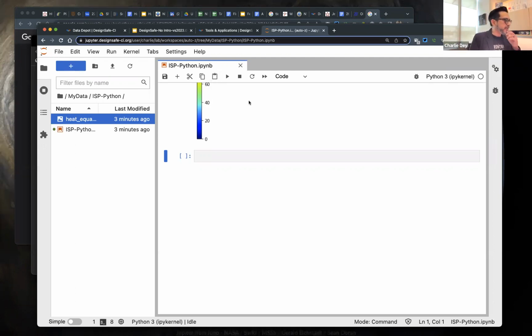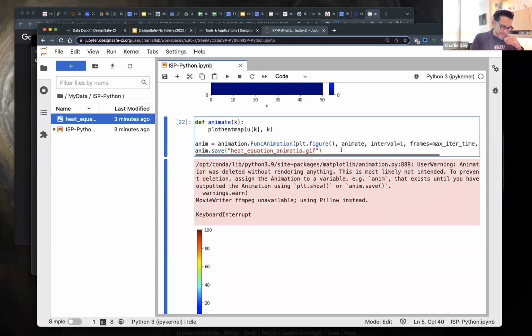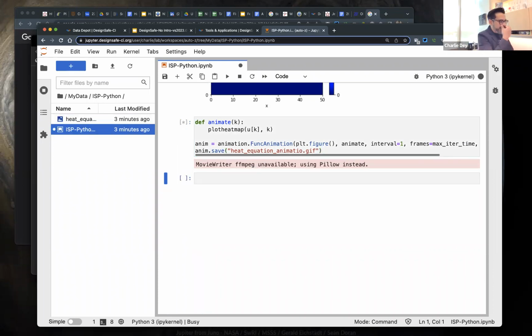Okay. Well, hey, that is absolutely awesome. So I'm going to recreate this and let this run all the way through instead of breaking it like I did a little bit ago. But while that's running, because you've got the little star there, I'm going to show you the other way of doing it. There's this thing called image.io. What image.io allows you to do is create these individual GIF files or individual plots or PNGs and combine them together for an animated GIF. So in case you didn't get that animate function to work,